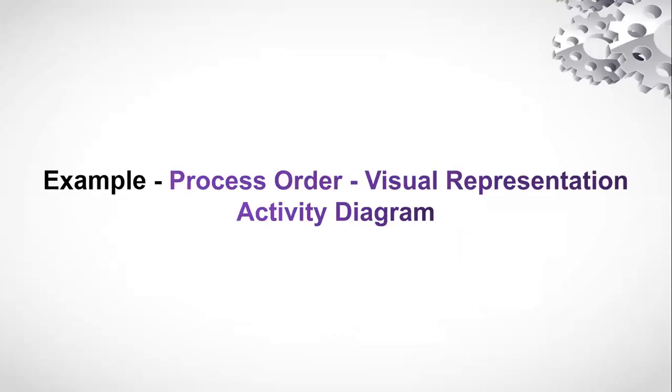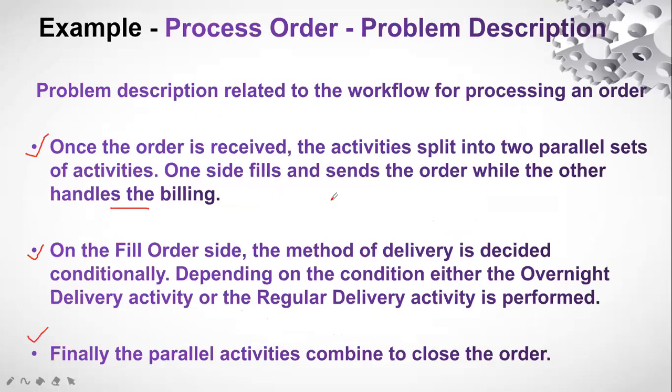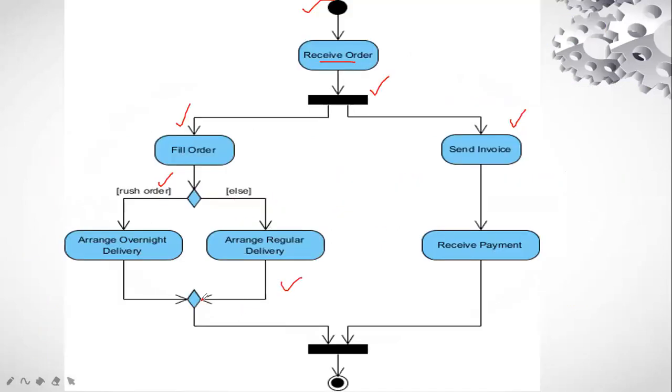Now after these two come together, this is called the return, which I told you about earlier, the return alternative flow. You can see here, this is the return alternative flow, and these are now being merged into the next step. At the other end, you can see we have generated the bill and then received the payment, and lastly we join these two sequences, and it is called the join node.